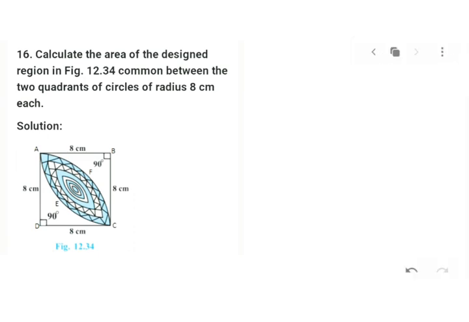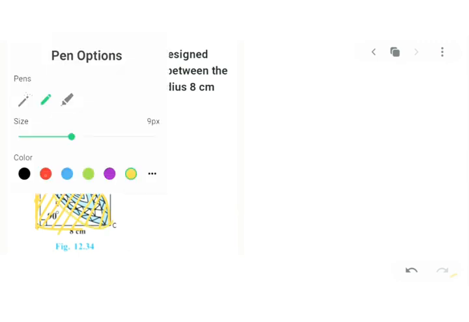Okay. Next we will take, for your next problem number 16, we have calculate the area of designed region common between two quadrants of radius 8. So you have this as 8, this as 8, all the regions are 8. And if I draw in between line this, okay, so I'll get what, okay, not like this. Shall we go for sector area? Shall we take this sector? This is the sector. And then I'll take this sector.